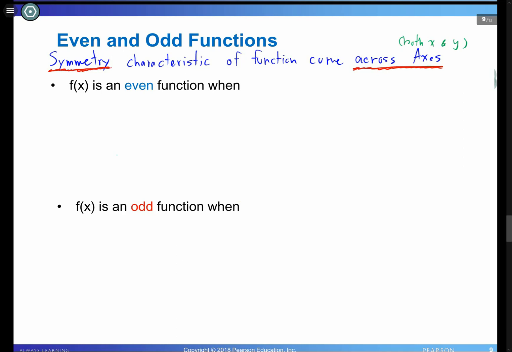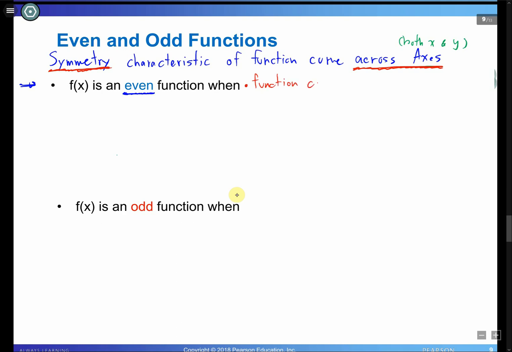Let's start with the even function. Let's check on the conditions that can make a function even. So let's take a look at this one right here. Now, f(x) is even when? Let's take a look at the condition right here at the end. When the function curve, once again, it's all about the shape of the curve. So when the function curve,